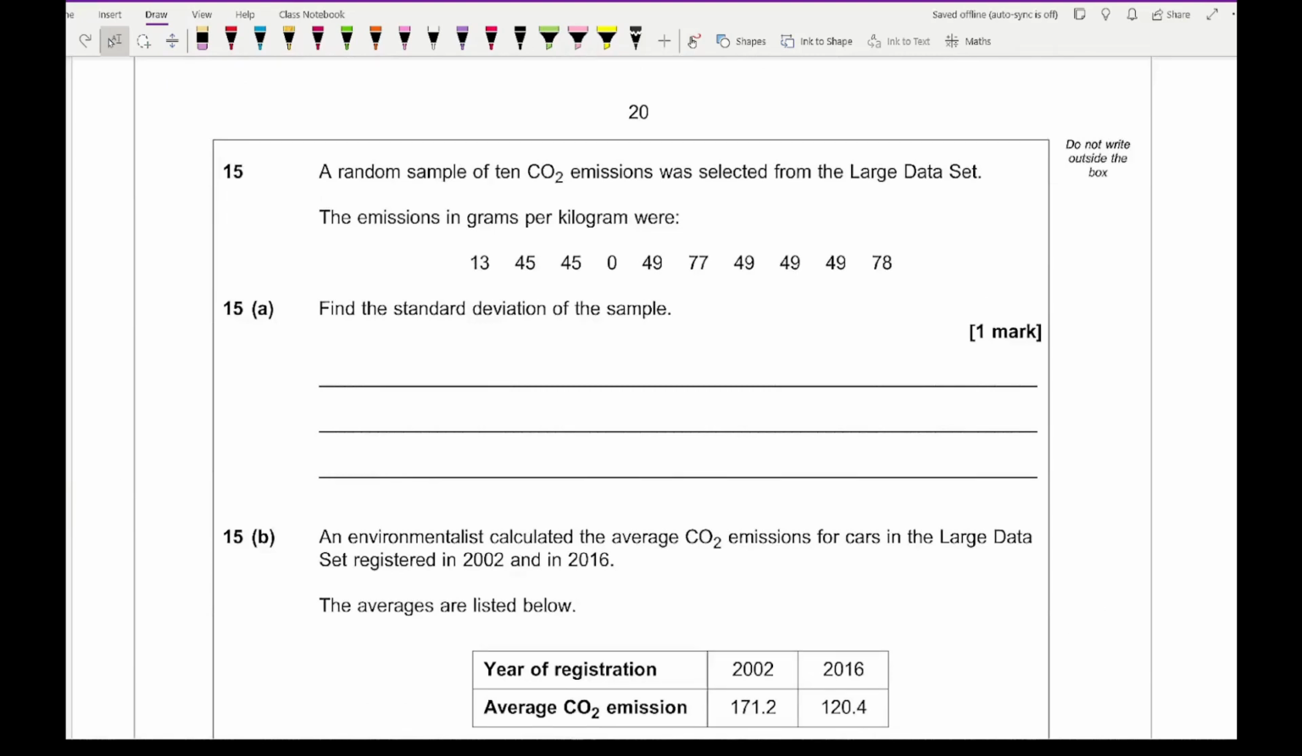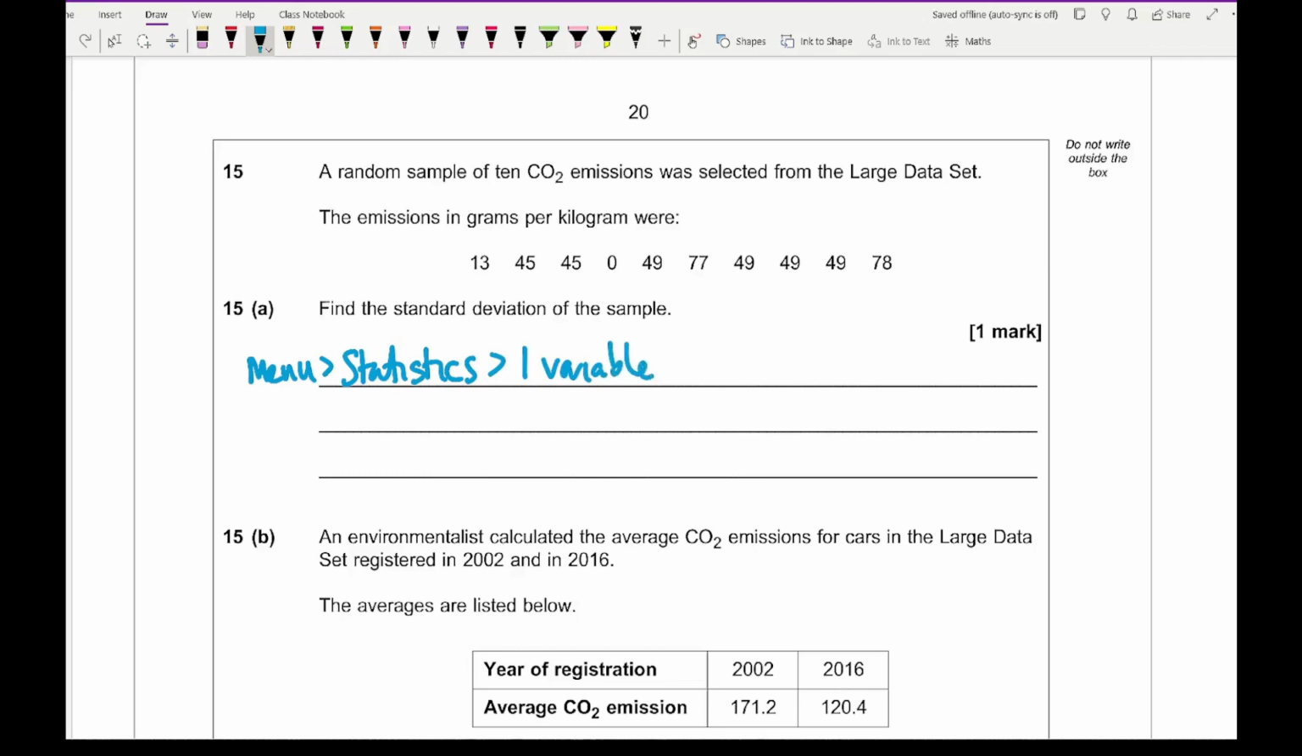The emissions in grams per kilogram were, and it's got a list of numbers, and the question then says find the standard deviation of this sample. So all we need to do is basically enter this information on our calculators, and how we do that: if you just go to menu, then go to statistics, then go to one variable,